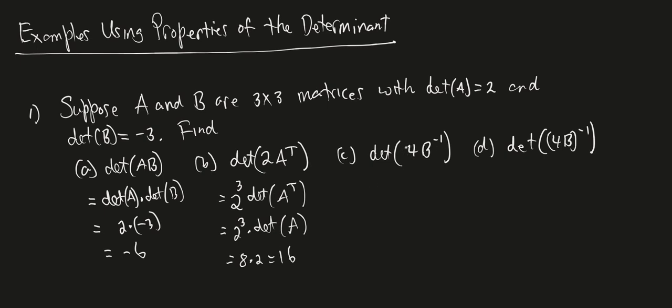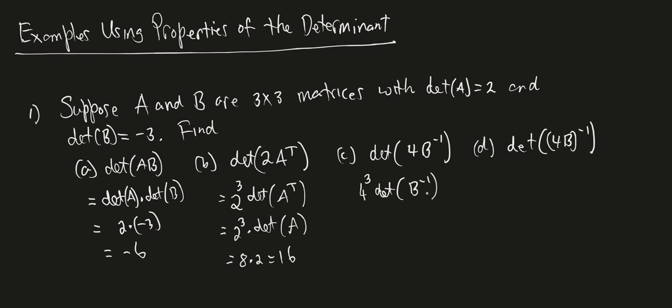Next up, we have scalar multiplication, but now it's times an inverse. So we're going to have to do the same thing. We can factor out the 4, but then it becomes 4 to the third power, because again, we're working with a matrix that has 3 rows. They each get multiplied by 4, so they each have the effect of 4 times the determinant of the original, right? So this is 4 times 4 times 4, so it's 4 to the third power times the determinant of